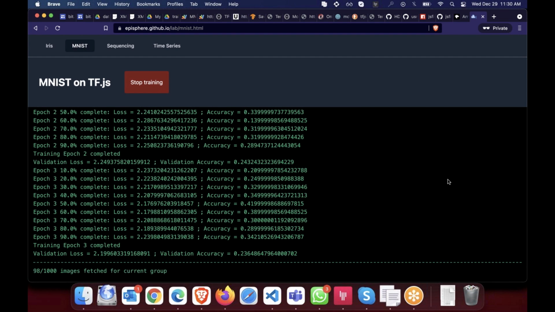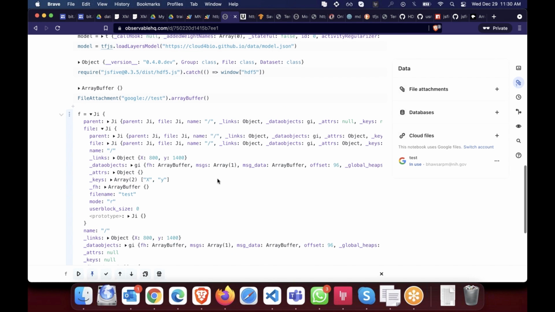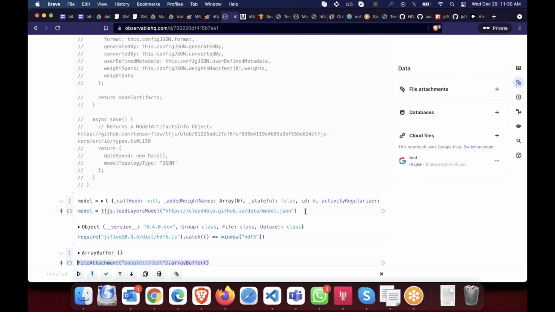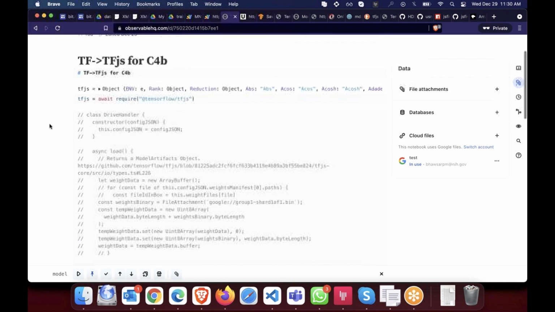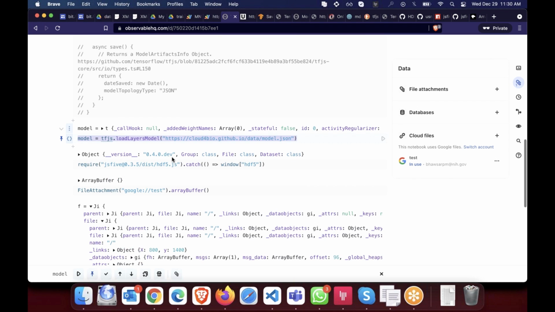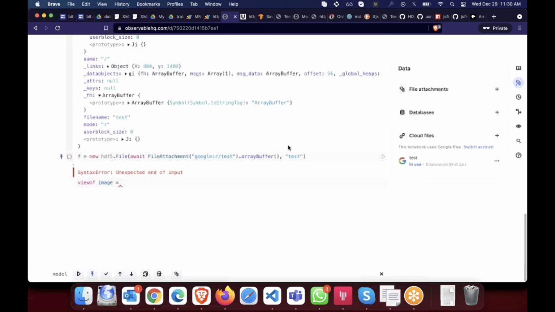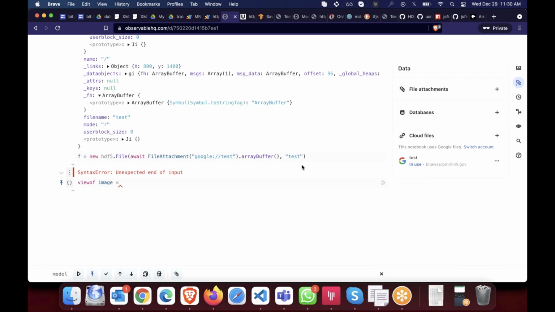Oh, let me stop this. My browser is not otherwise responding. So the data is there now, the test file at least. But up until this point, it wasn't. The model was online and ready for prediction. And yeah, we were just trying to get the HDF5 file. In fact, because we don't have any cloud attachments, I might try to just pass simple images, make tensors of those images and see if that works. And I'll share it in Gitter if it does. But yeah, I think it's a good idea to